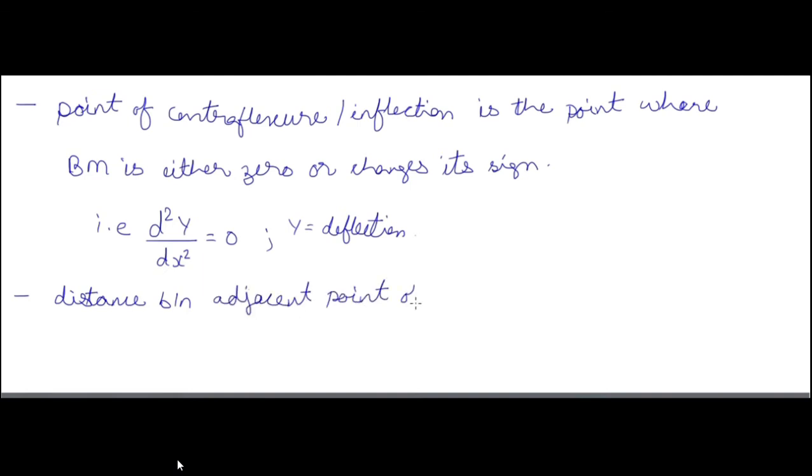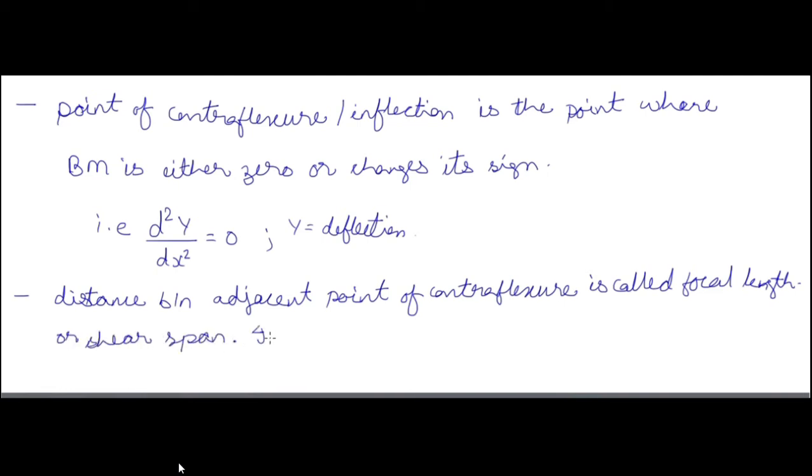Distance between adjacent points of contraflexure is called focal length. Okay, means the distance between adjacent points of contraflexure is known as focal length. It is also known as shear span. Okay, so in the shear span, or the focal length, we will have shear force equal to constant, or shear force is constant in the shear span or focal length,